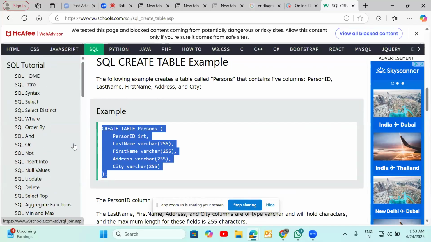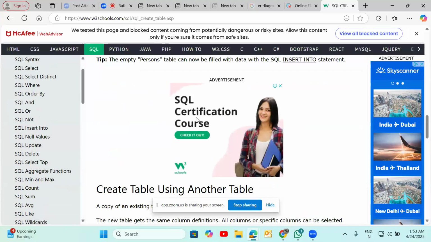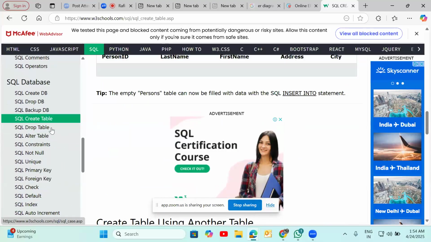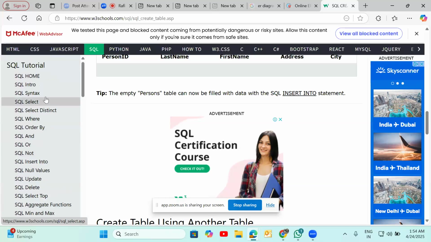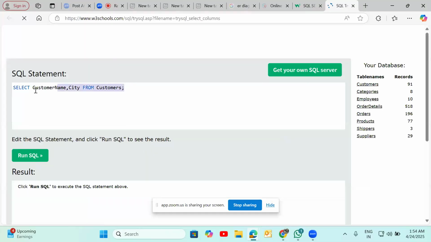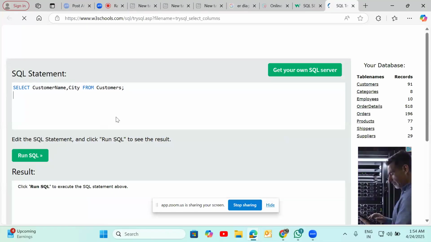And for the same table, if it is executed, automatically the table is created. I need to check where it is and why it is not coming, it is disabled. Let me check and I will update you. Say you try yourself. Now you already have the table created in somebody's database. That is not your duty. That is a data modeler's duty. They need to create a database.